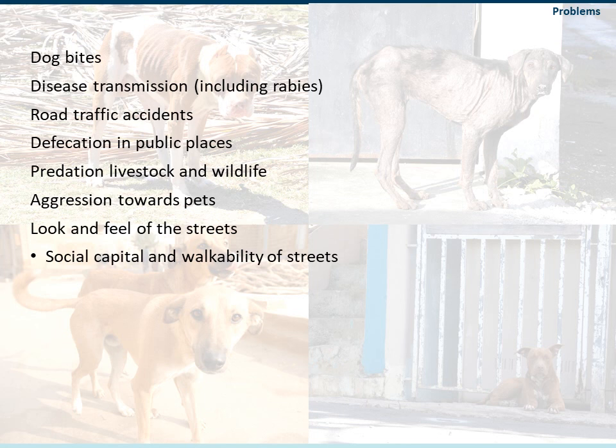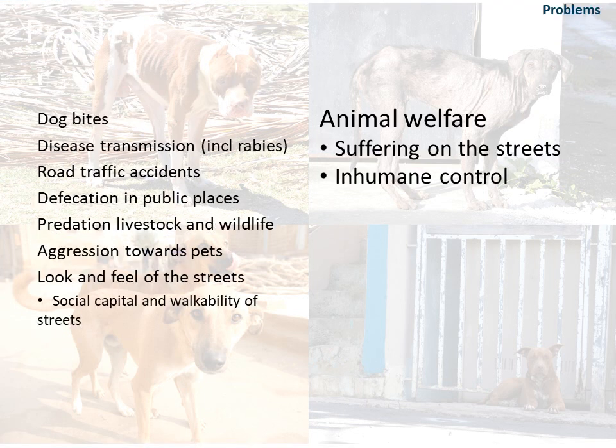And you can look at this issue through the lens of social capital. Social capital describes those things that count most in people's lives, such as goodwill, social bonds, social discourse, and feeling safe and feeling empowered to make changes for the good of the community. The walkability of streets is one aspect that can impact on one's social capital, and it describes how friendly the streets are to walking, whether they're places you avoid because they make you feel unsafe. And that's something that could be impacted upon by the presence of roaming dogs.